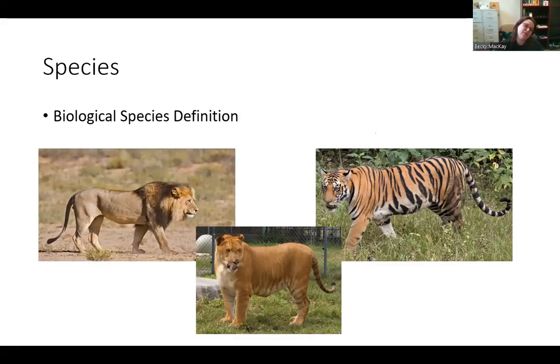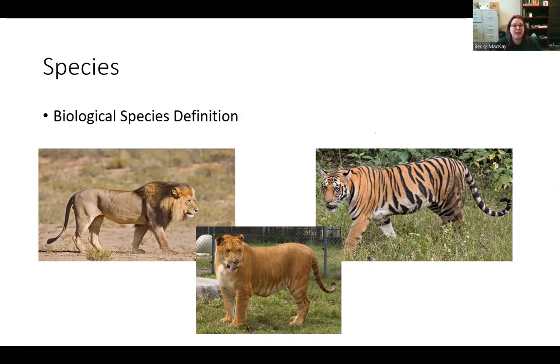Yes, a liger is a real animal. They don't normally happen in the wild. They just happen in zoos, but that's how we found out they can mate. But ligers are almost always infertile. So that's why lions and tigers are still considered 2 different species. Now, this is also what we consider donkeys and horses breeding and making mules. Mules are almost always infertile, so maybe a little bit of a closer to home example. So that is the most commonly given definition of species.